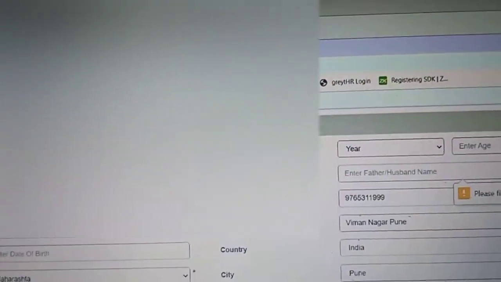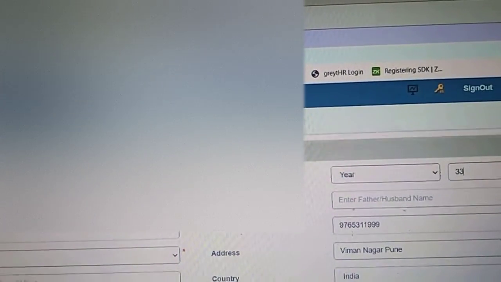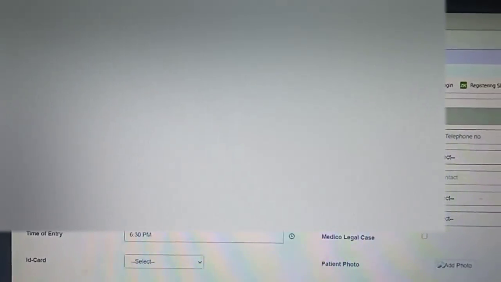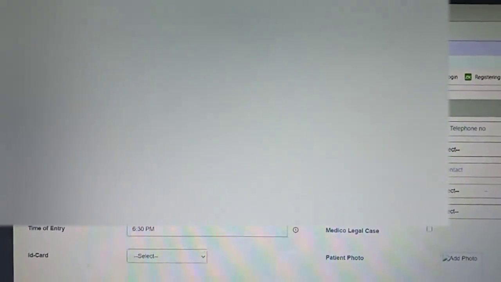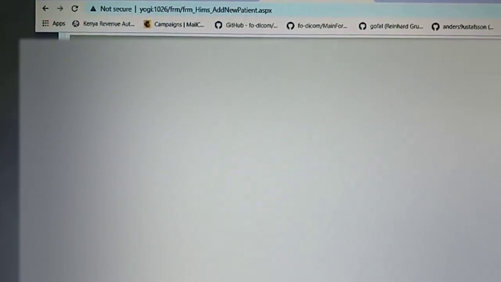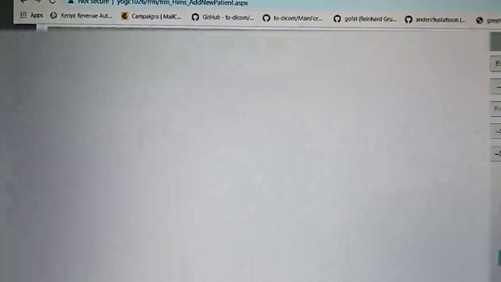If a web camera is attached, it will automatically connect. If the web camera is connected, then it will start automatically. Okay. So I will click on save. Once you click on save, the system has an SMS integration protocol. Okay. तो यहाँ से patient को एक SMS चला जाएगा and the SMS will say that